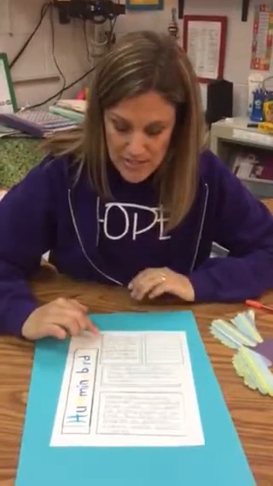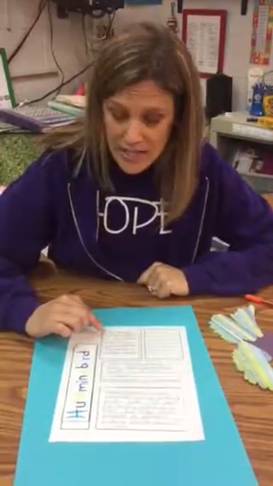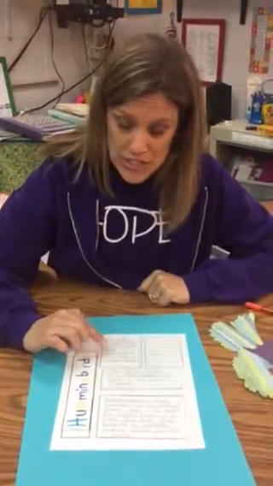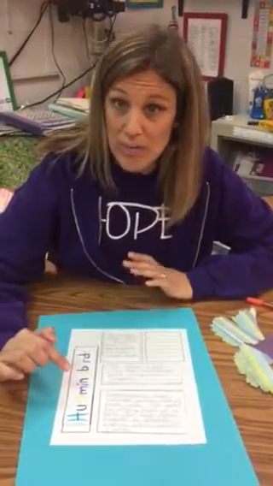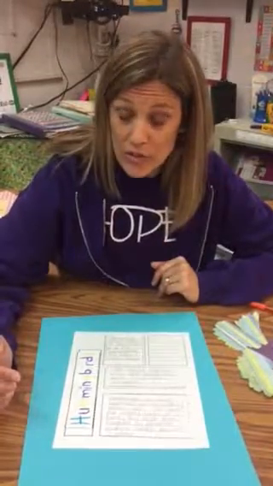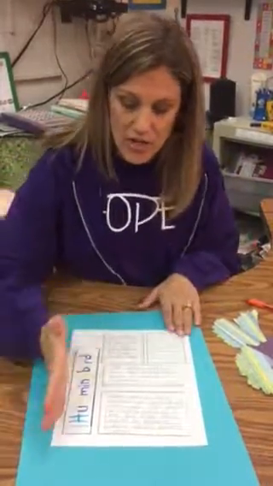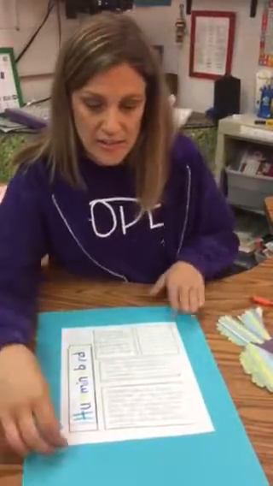Each of my boxes talks about a body part and it talks about how it helps it survive. So each of your boxes needs to talk about a body part and what that does to help the animal with survival. All right, I have to cut all these out on the black lines, and then I have to